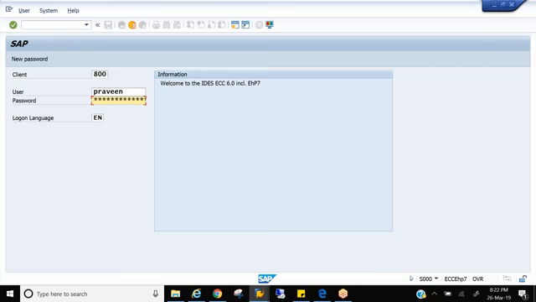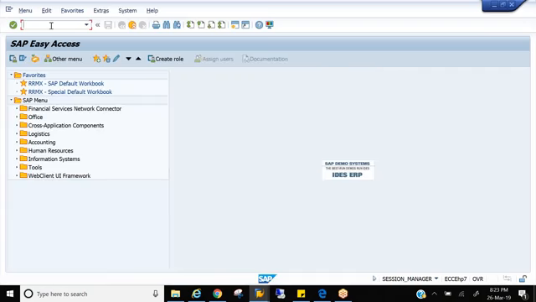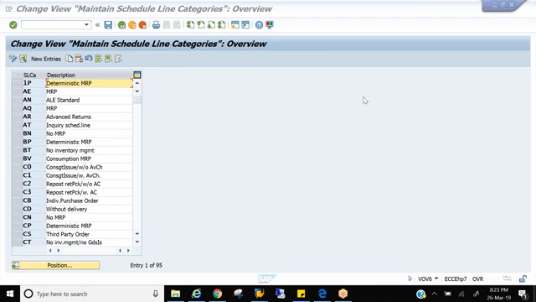VOV6 is the transaction for schedule lines. If you see this particular chart, what we are discussing about the item categories and all these things, in the sales order we have only one item category. But coming to the schedule line, for every scenario we have two schedule lines. If it is inquiry, AN and AT; quotation, BN and BT; order,